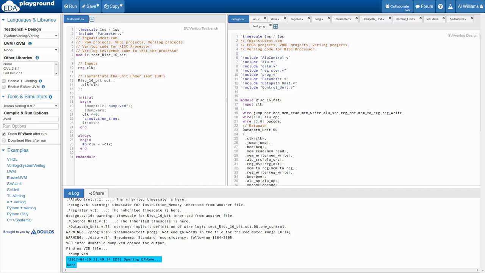I'm always looking for a simple CPU that I can use to work with students, and the other day I found a 16-bit RISC CPU on a website, oddly enough, called fpgaforstudent.com. And it looked kind of attractive. It was fairly small overall, and each piece of it was pretty small and understandable. The